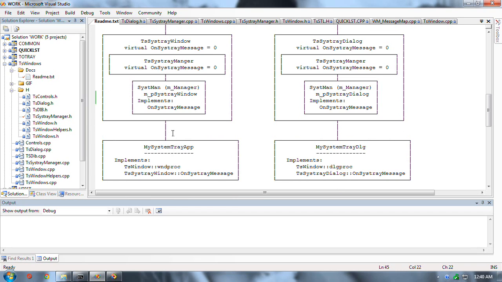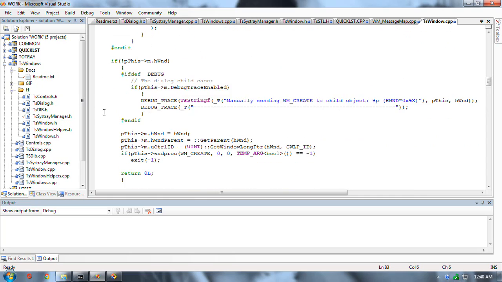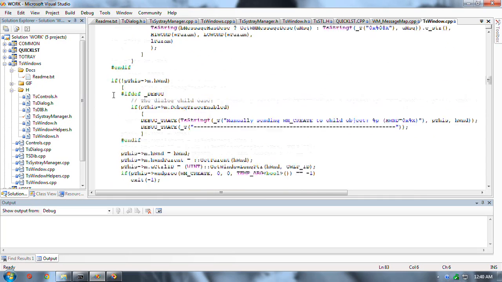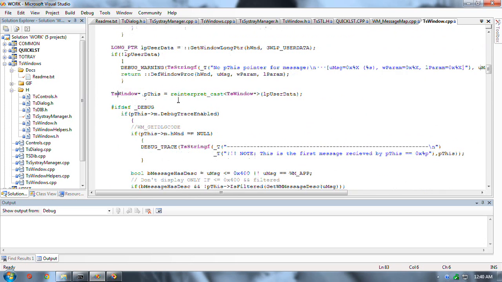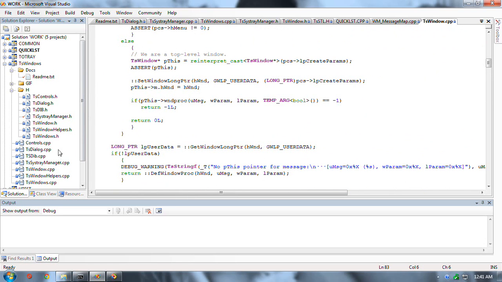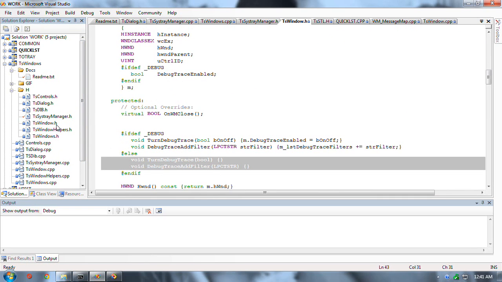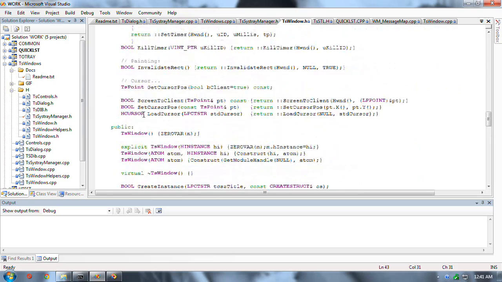Okay. Now, what next? So that's just how the window things work and always has worked. Now what about the manager thing? So for the new class,